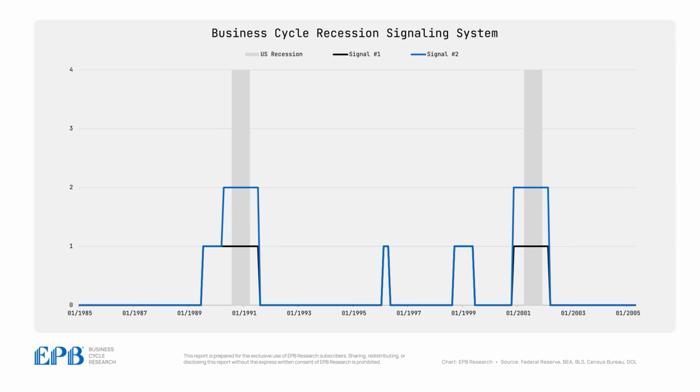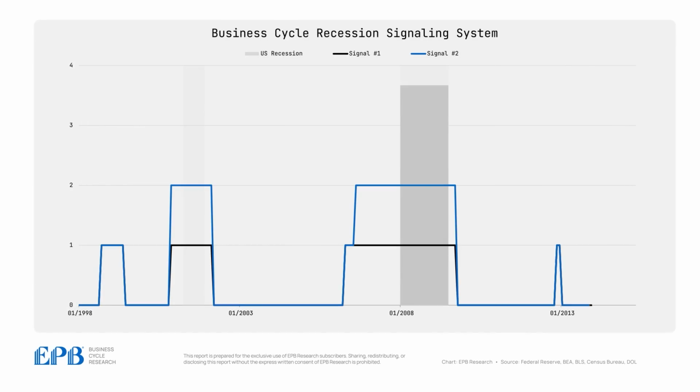with some flexibility. As the saying goes, the economy experiences long and variable lags, and that remains true with this signaling system. In the 1990 recession, the pending slowdown signal provided 12 months advanced warning, and the pending recession signal provided 4 months advanced warning. In the 2008 recession, lead times were radically different. The pending slowdown signal arrived in April 2006, almost 2 years before the official recession start date, and the pending recession signal was triggered 17 months before the official recession start date.